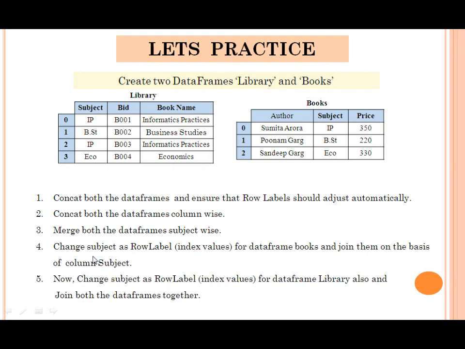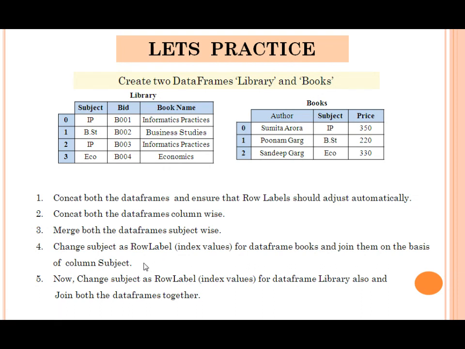Now fourth one is change subject as row label, index value, for the books data frame, and join them on the basis of subject. So children, it's very easy.